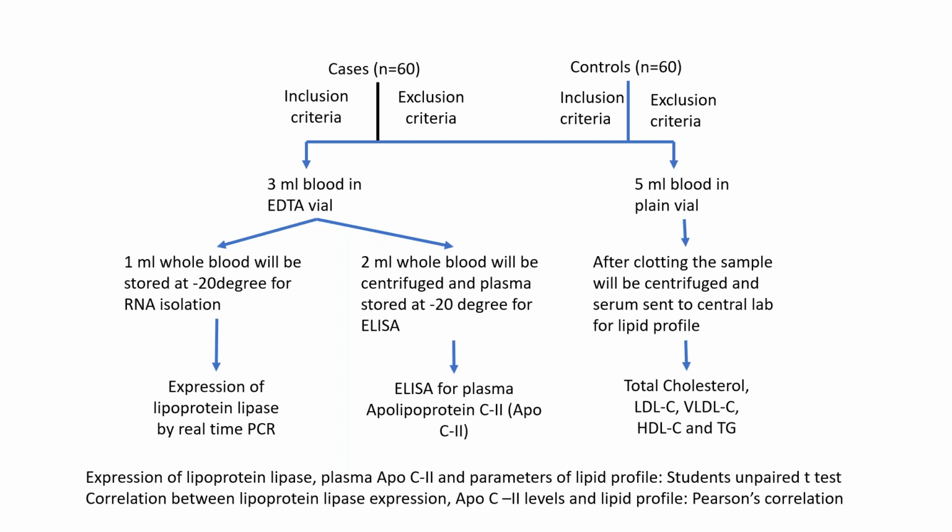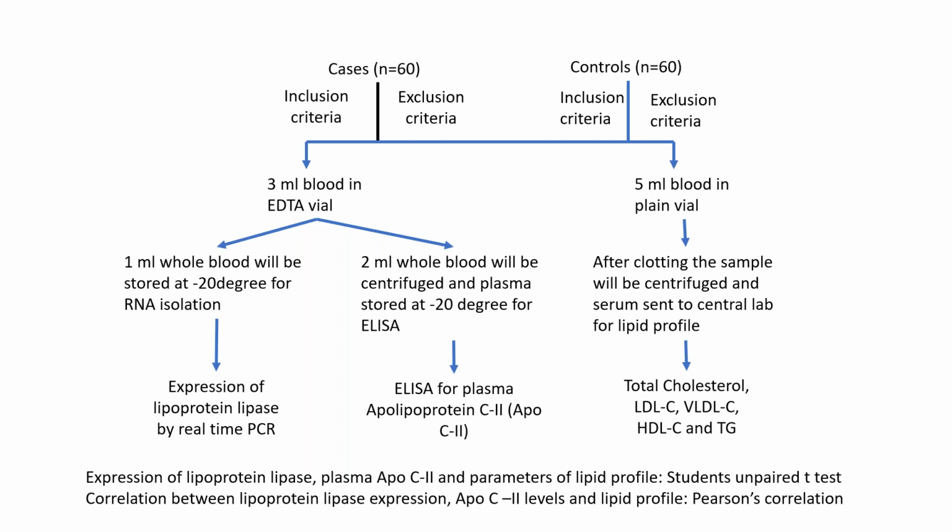There is nothing called a good result or a bad result. Whatever you are getting, even if there is no difference, that is also a result, and you can say that your null hypothesis is not true and your alternate hypothesis is true. So that is also a result. Do not shy away from reporting negative results.